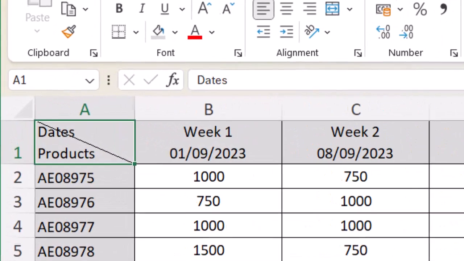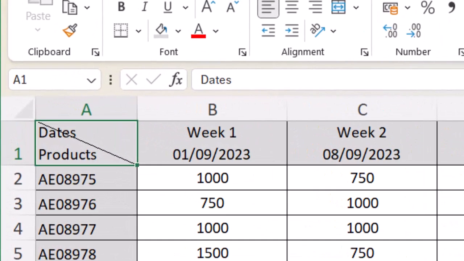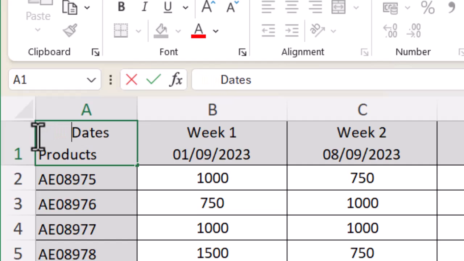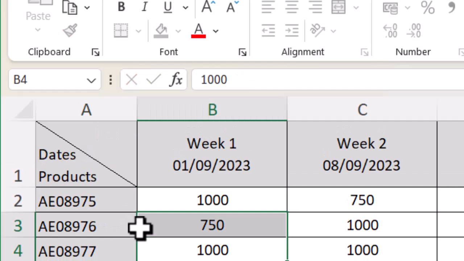But a little bit of an issue here, my dates is not in the right place. It's covering up that diagonal, so I just need to move it across. And I did say this was quick and dirty, so all I'm going to do is click in front of dates, and use my space bar to move it where I need to. So I'm going to move it towards that side. Now it's not affecting products at all because I put that on a new row. So that's really simple and easy. So it's where it needs to be. If I click away,